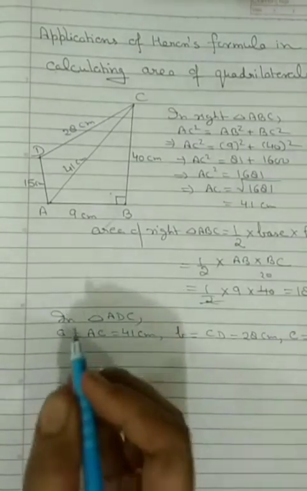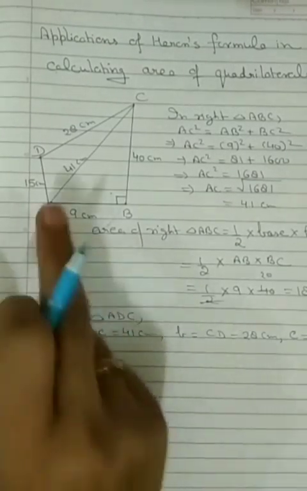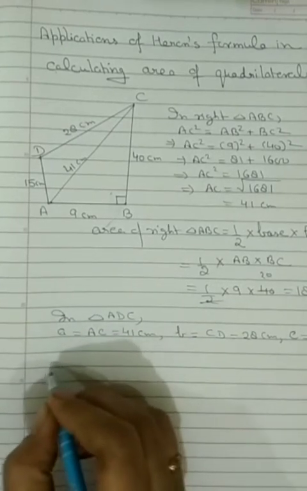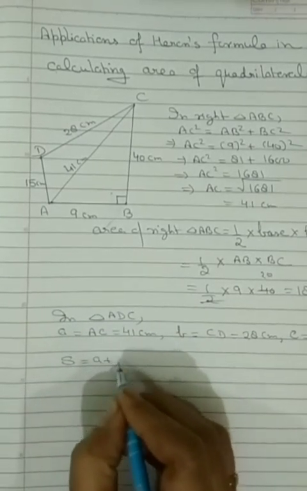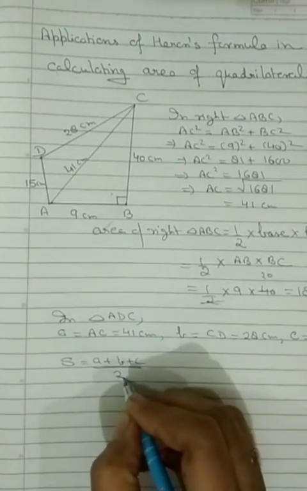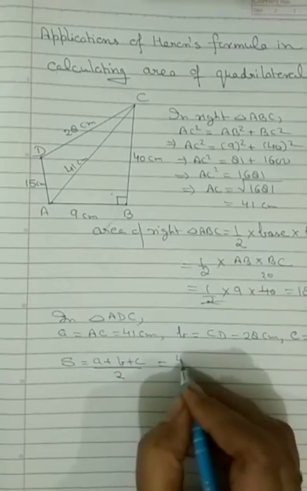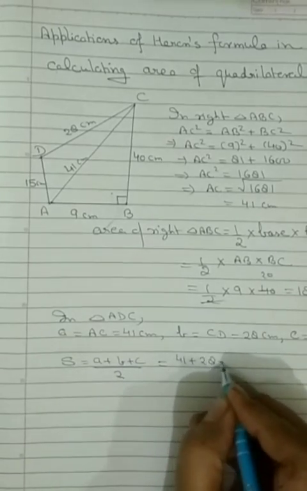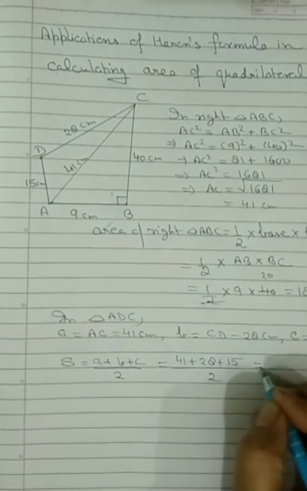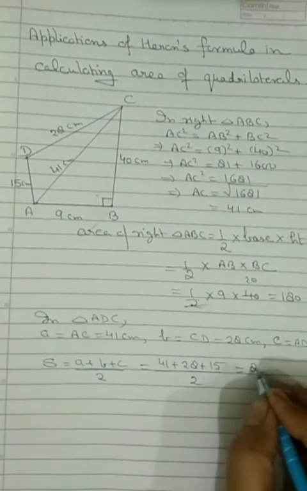As we know, to apply Heron's formula, first semi perimeter is required. So to calculate it, S is equal to A plus B plus C by 2. If we add it, 41 plus 28 plus 15 by 2 will give you 84 by 2,